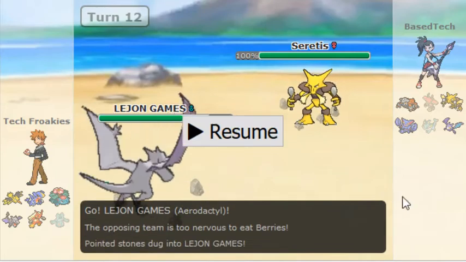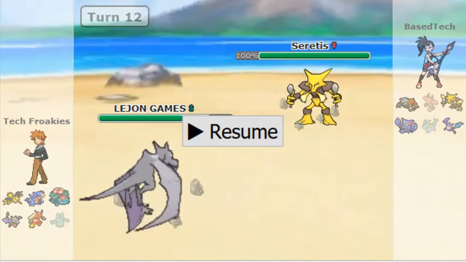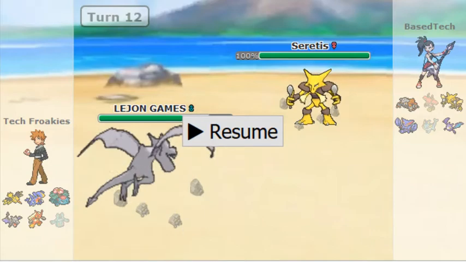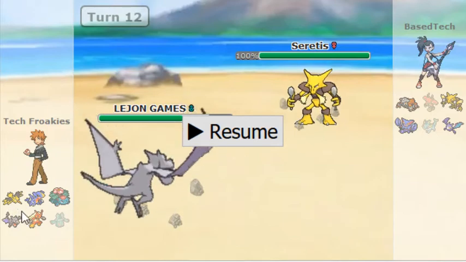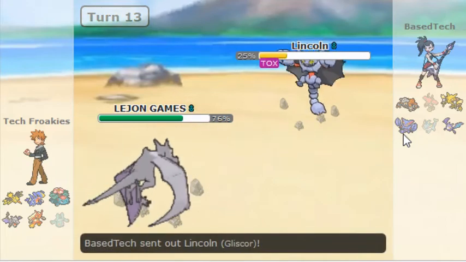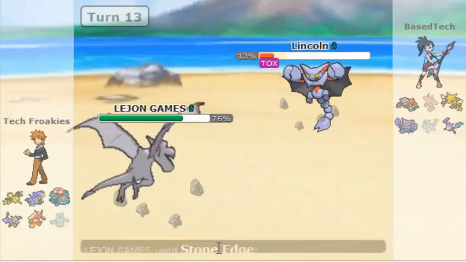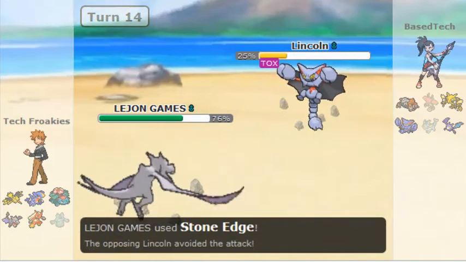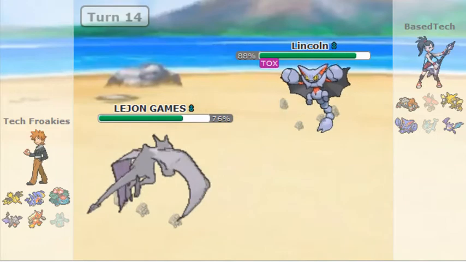Banded Stone Edge does one-shot this, but the thing is, if he stays in as I go for Pursuit, I don't one-shot him. He kills me with Psychic, and then I just lose to Zam on the spot. So I have to click Stone Edge here as he goes out to his Gliscor, as I miss Stone Edge, which is fine because I could go for it next turn, but I miss again, which lets this Gliscor recover,